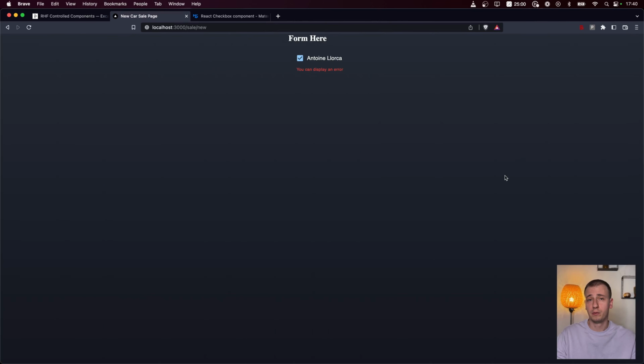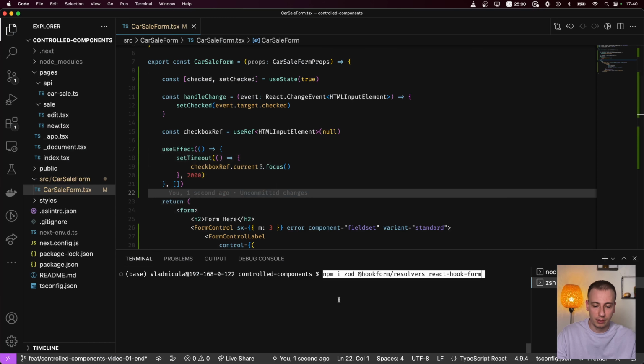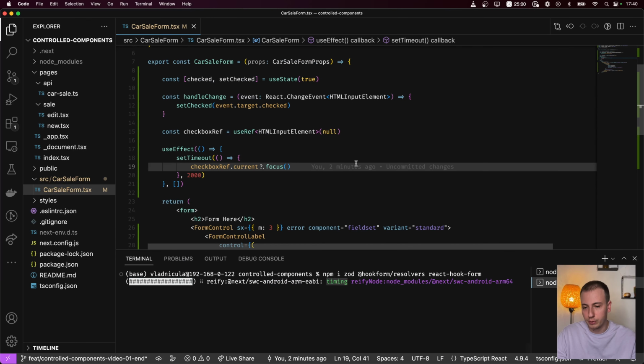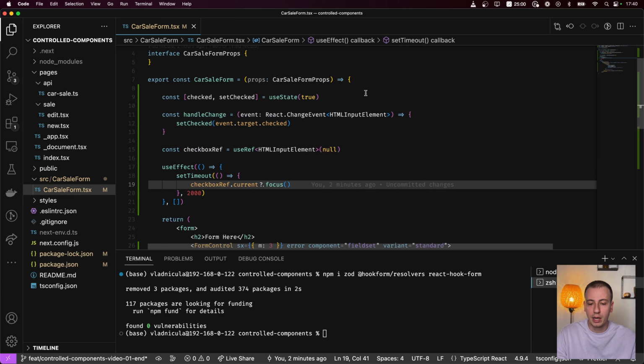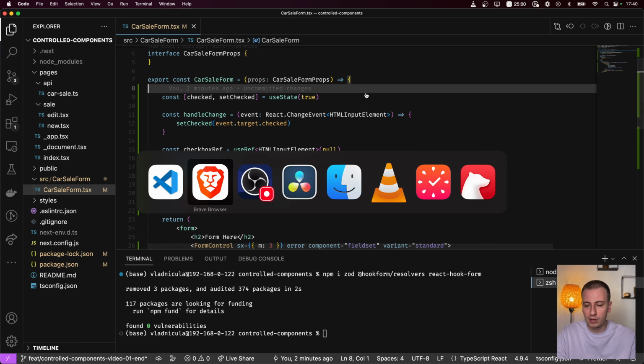So now we're ready for step 3, bringing in React hook form into our isolated environment and seeing how we can hook the React hook form API with the controlled flow that we already set up. So let's go ahead and do that. I will install React hook form because we don't have it in the boilerplate project, and I will go on to the docs and we will see how we will find the exact same keyword, the controller or controlled